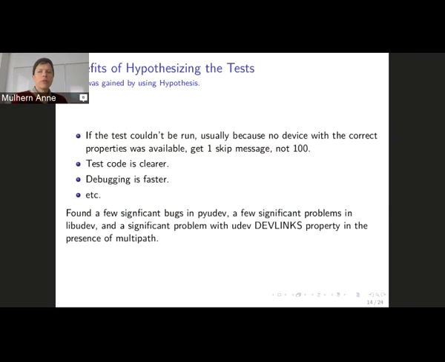So there were a lot of benefits from this. I understood what I was skipping. Everything was simpler. And the benefit was that bugs started falling out. That might be sort of a disbenefit, but also a benefit. I found bugs in PyUdev. I found problems in libudev. And I found problems in the structure, actually, of the UDEV database. It wasn't matching reality. All that just because I added a bunch of Hypothesis tests.